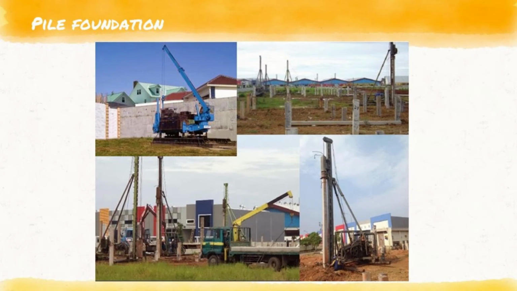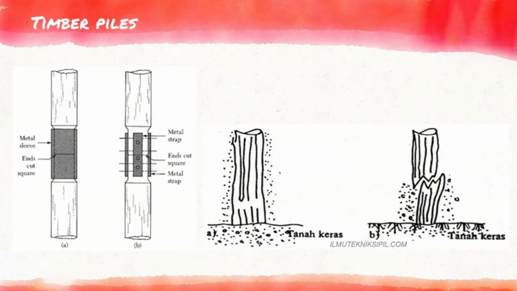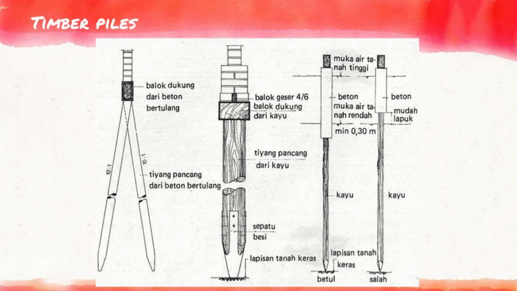Pile foundations can be classified based on the use of materials and the way the piles carry the load. 1. Foundation piles according to material usage. A. Timber piles. Timber piles are made from the trunk of trees, whose branches have been carefully cut, are usually treated with a preservative and pushed with their small ends as the sharp edges. Sometimes, the point end was provided with a metal stocking shoe when the stake had to penetrate hard earth or